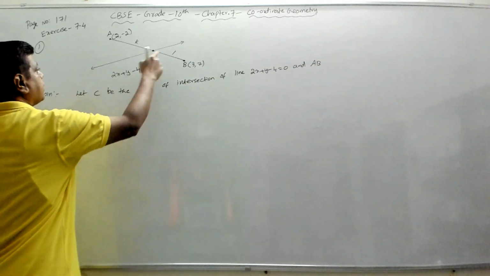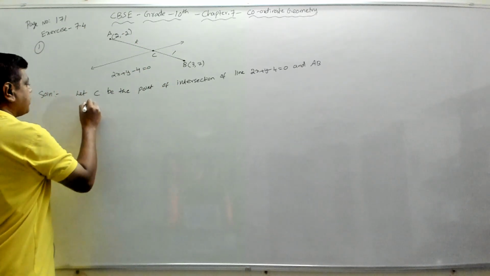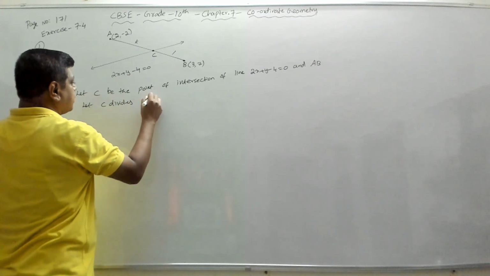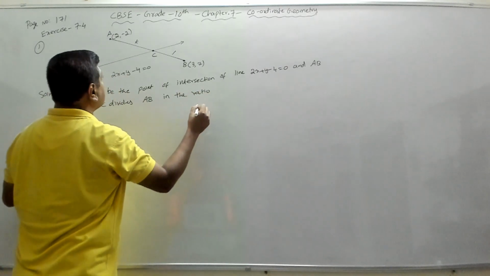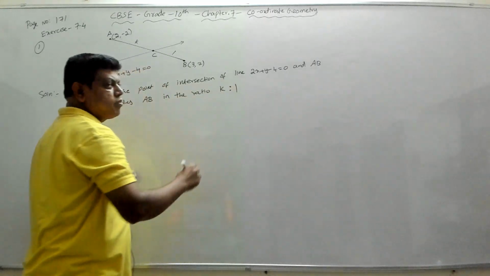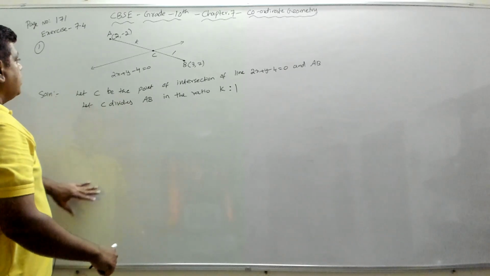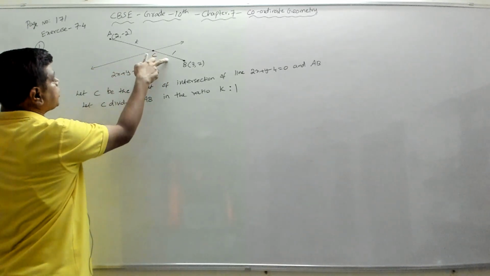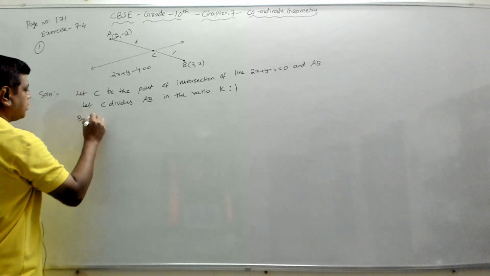This line and the line segment intersect at the point C, and let C divide AB in the ratio K is to 1. Now we need to find the value of K. So now C divides the line segment AB in the ratio K is to 1. Then we can apply the section formula. What does the section formula say? By the section formula,